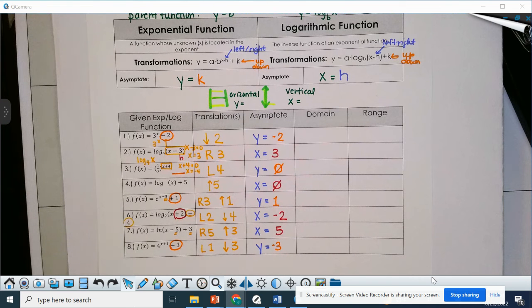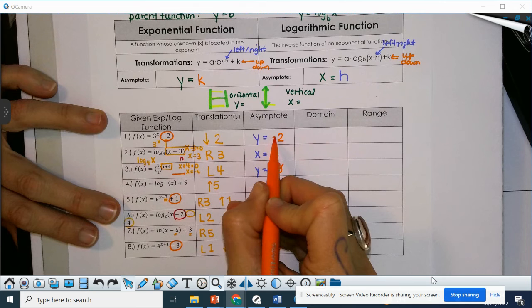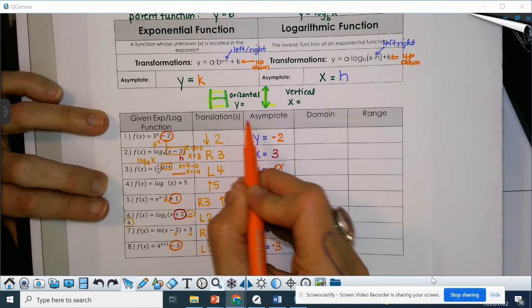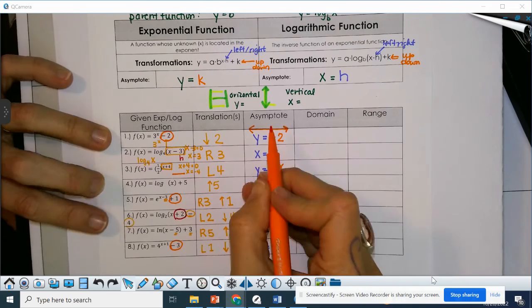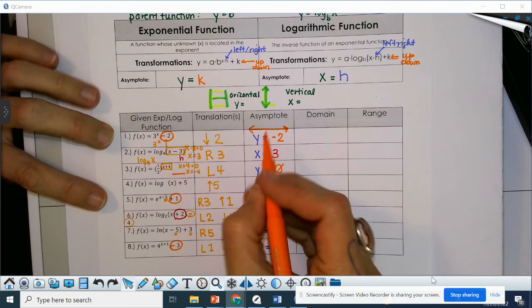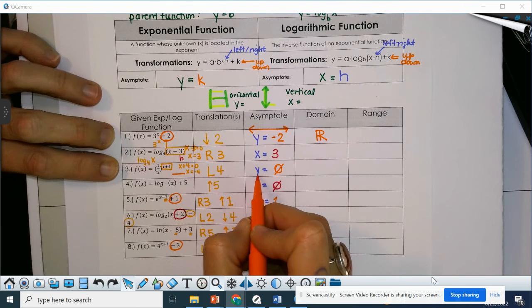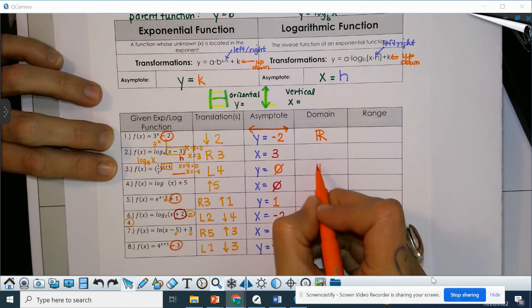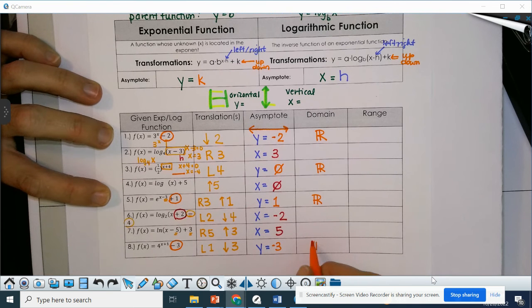Now, domain for all exponential functions, domain. So that would be all your x values. If I have a horizontal line asymptote, and that means you can look but you can't touch, so it's never going to touch this line at y horizontally, that's this way, that means there's going to be a roof or a floor on this graph. So that means left and right is going to go forever and ever and ever. So every time you have a horizontal asymptote, y equals, then your domain is going to be always all real numbers. So for all of our exponentials,